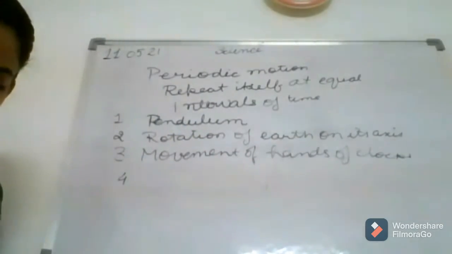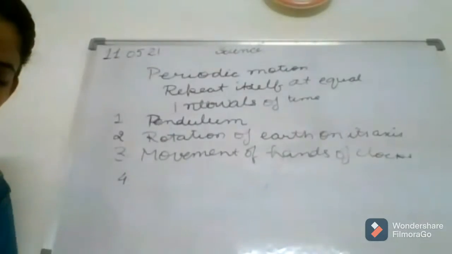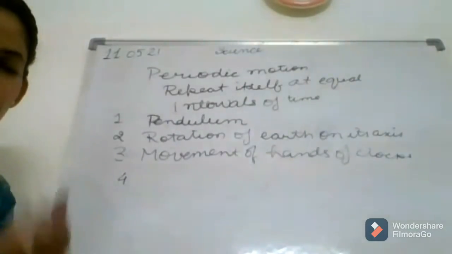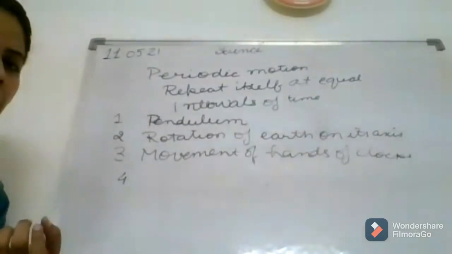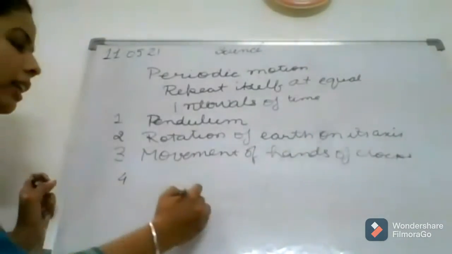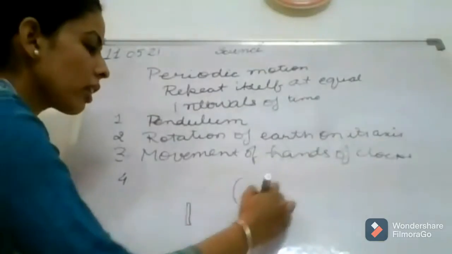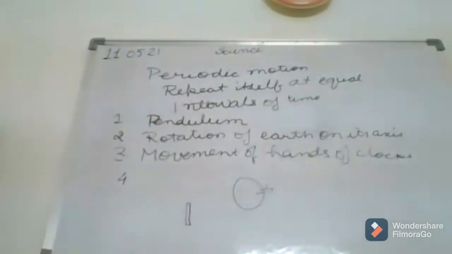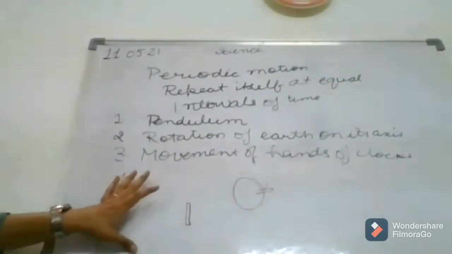Okay? So next is, did you observe a swing machine? You all have seen a swing machine. Okay, there is a needle and there is a holder to move it. Okay, what will happen? So just observe it carefully. You must have observed it may remain at the same location. It will remain at the same location.